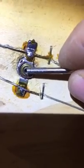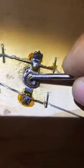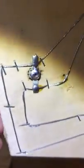So you put a dab of solder from here to here to let the electricity flow from one to the other. Now the trick is to do that and still be able to take the light bulb in and out. You can see I did this one, and I can still take the light bulb in and out, and it still makes good contact. Sometimes it's just difficult to do, and it's kind of a little trick. You just have to put a light bulb in there,